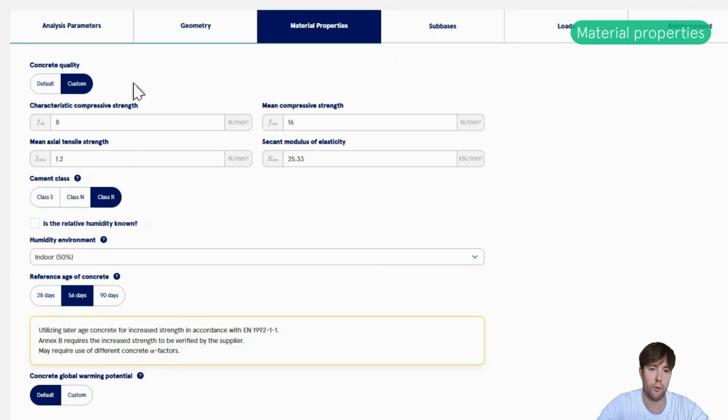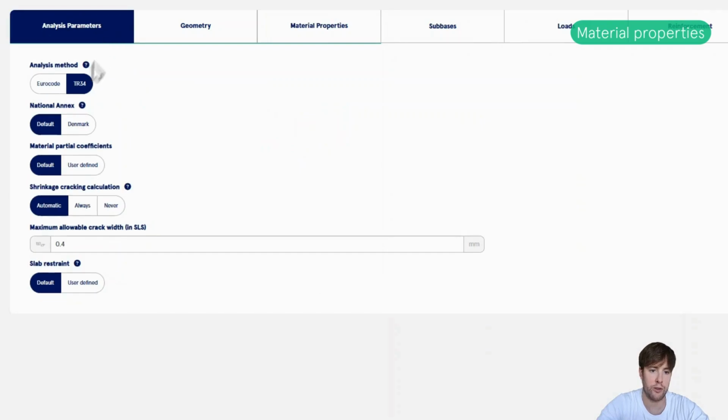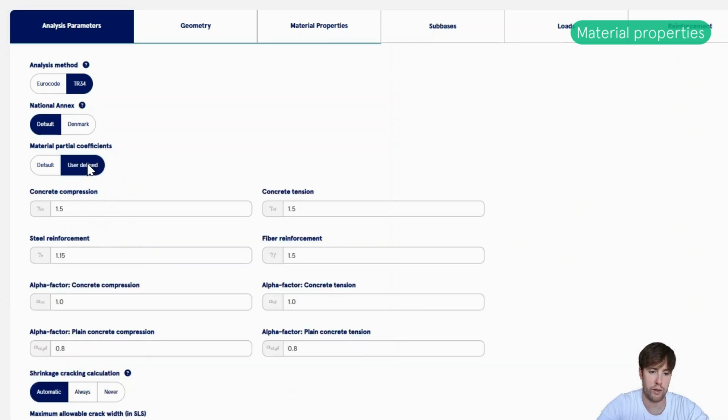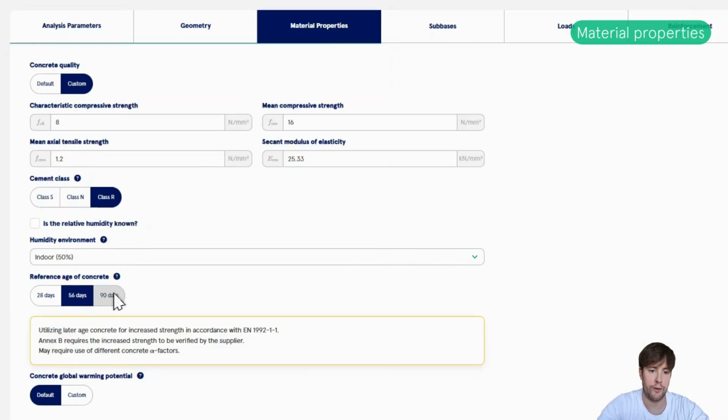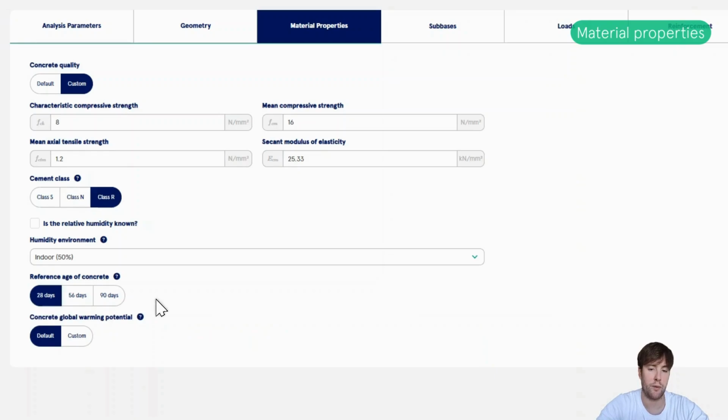So going all the way back to the analysis parameters under the user-defined material coefficients, we would have to change these alpha factors if we are to use these later reference ages. So by default, 28 days, which is also what I myself would choose almost every time.